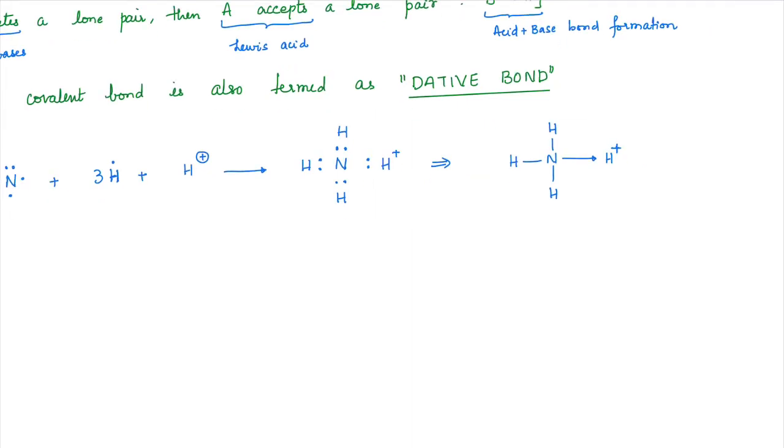Now, if I have to showcase this dative bond in terms of covalent bonds, I write N, H, H, H, and also a single line. That arrow I can write as a dash, and I write H, and I give this a plus and H a minus, but H already has a plus, so plus and minus will become 0. So this will be the new representation. Understood? So if the NH4 Lewis structure is asked, both these structure representations are correct. This one is in dative bond style, and this one is in complete covalent bond style.